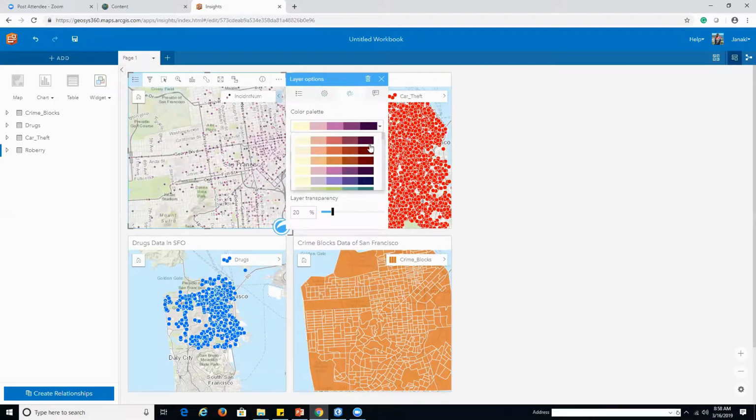Okay, and I can also choose my own color palette depending on the requirement, if I don't like the color pattern which I have. So obviously, I wanted to find out the places where there are more number of incidents that has been occurring. So let me put it this way for now,